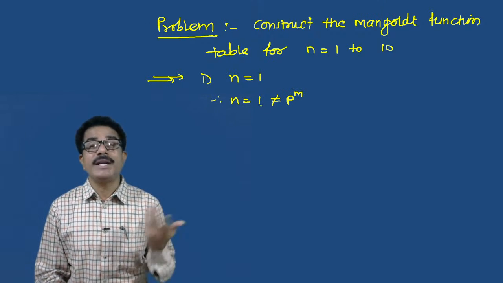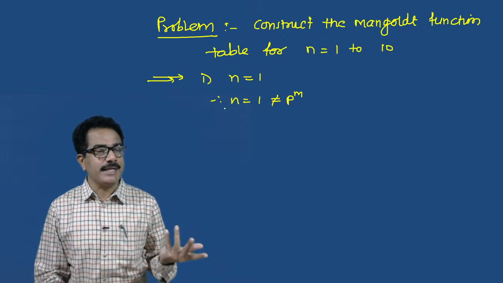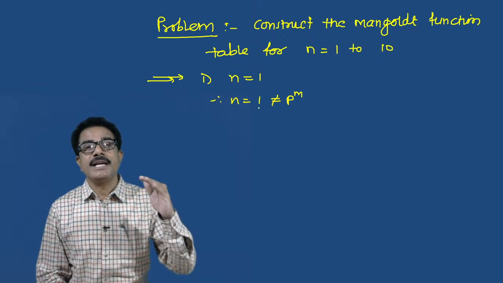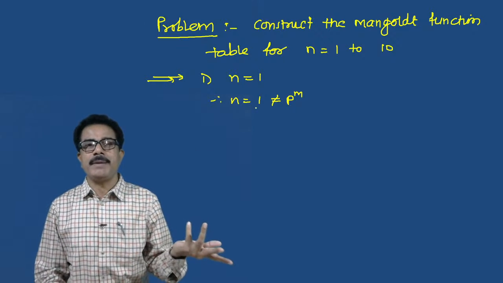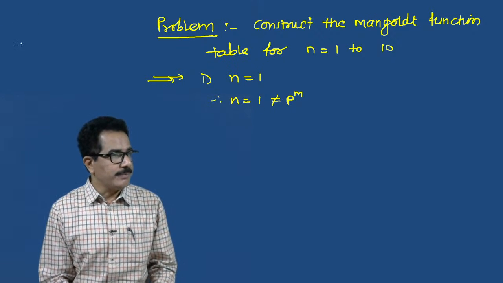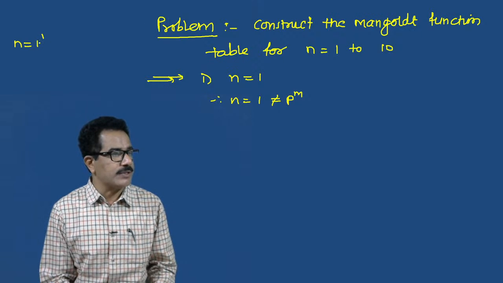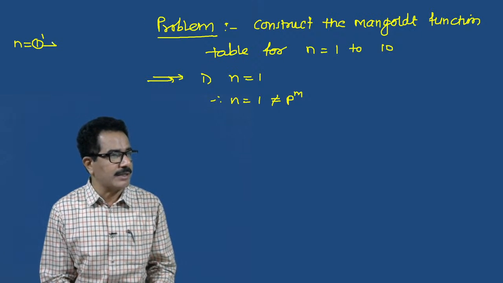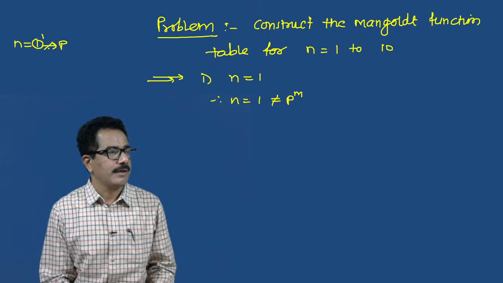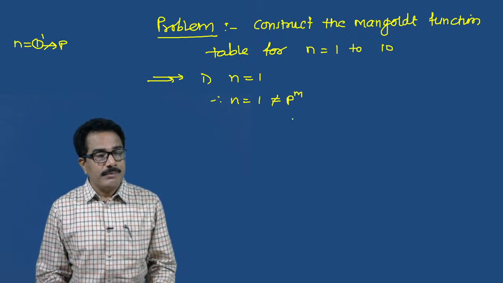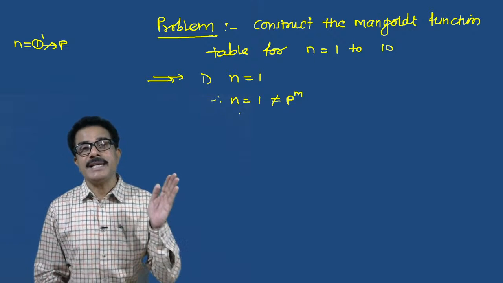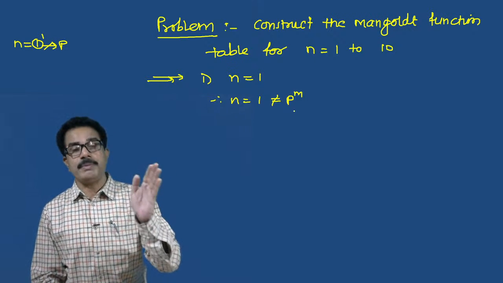P means prime, 1 is not a prime. N is equals to 1. We can write 1 raised to 1. 1 can be replaced by 1 raised to 1. If this 1 can be represented as 1 raised to n, but this 1 is not prime. 1 is not prime. If we can't express n is equals to p raised to m,